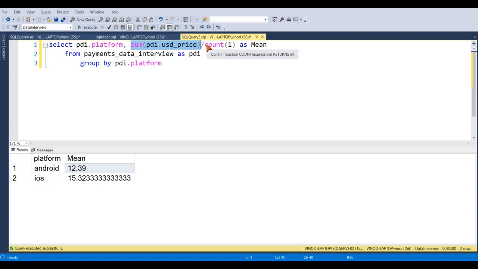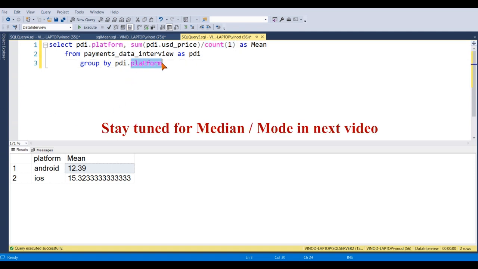Now what is the count of data points? It is given by count 1. Since we have used group by here, we are using 2 aggregate functions. What are they? First is sum and second is count. Sum will give you the sum of all the data points for this platform and count will give you the count of data points.